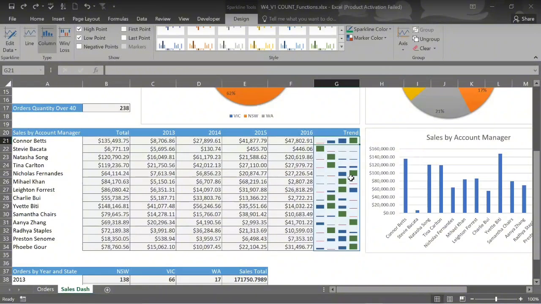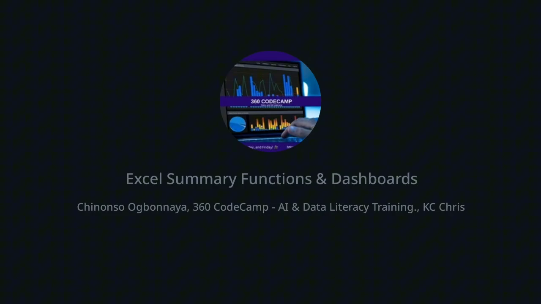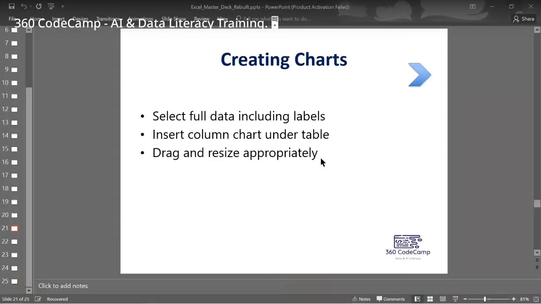Then the next thing is creating charts. Okay, so if you want to create charts, you have to select the full data, including labels, especially if it is a column chart. Okay, so we are going to insert a column chart under the table that we have over there. There is a table actually there. Then we'll drag and resize appropriately. So this is the table that we have here, right? Now we want to create